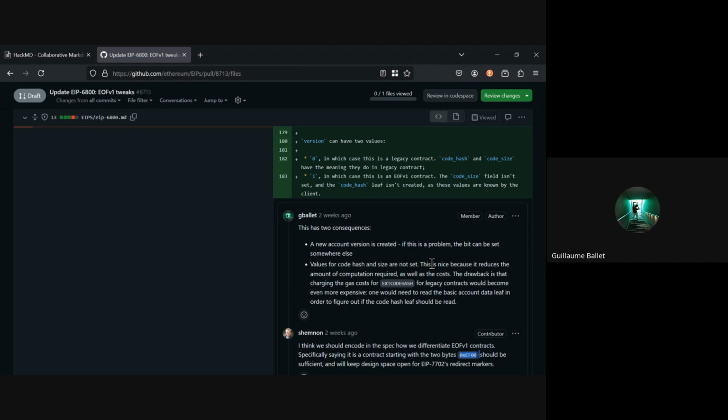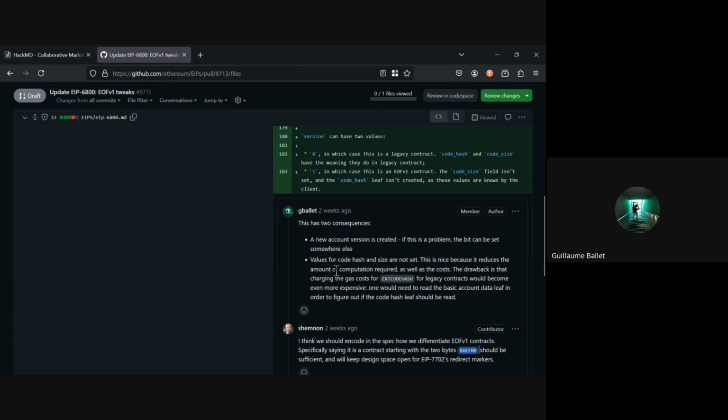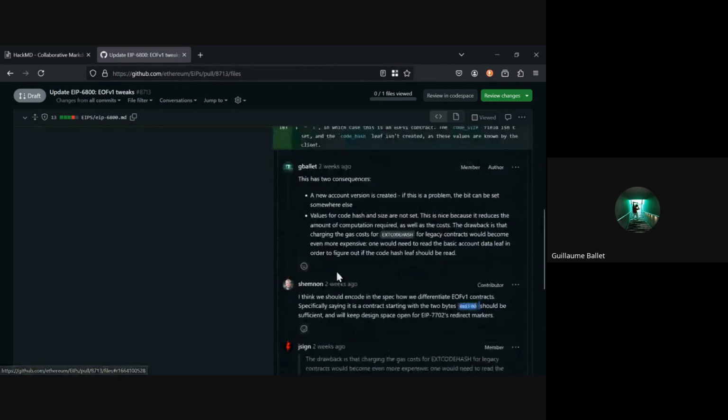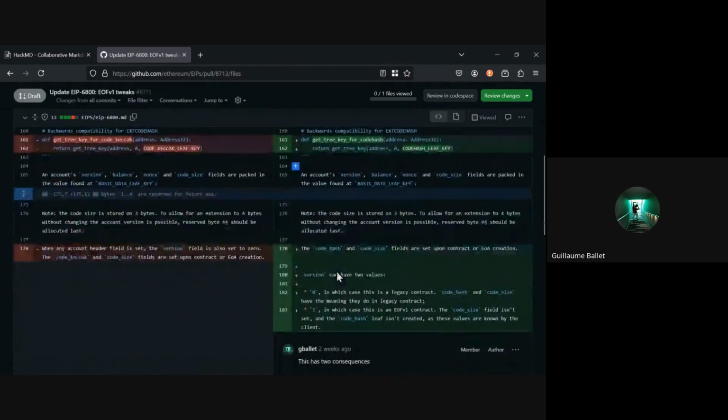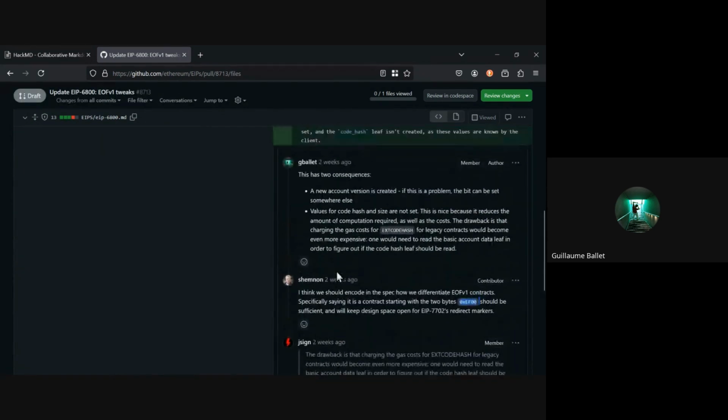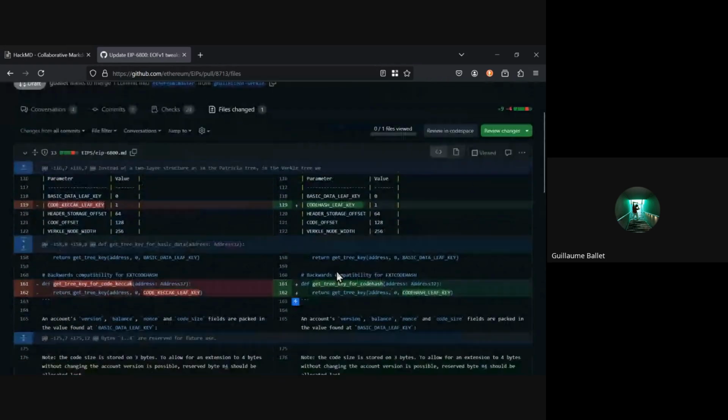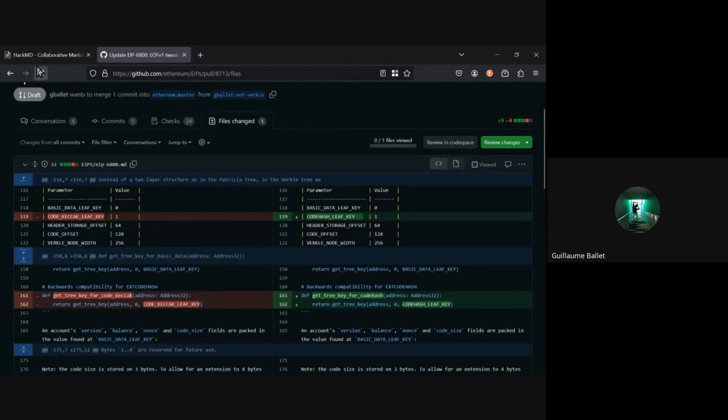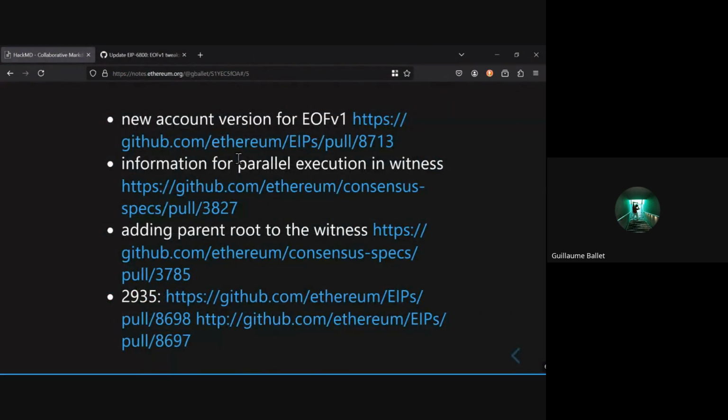Or actually for every contract, because you have to go and read the first byte of the code for many operations, including the code hash, which is a bit wasteful in terms of gas. So I'm not trying to discuss, unless of course Dano or Ignacio have a comment on this, but if you could have a look, just to give your opinion, that would be appreciated.